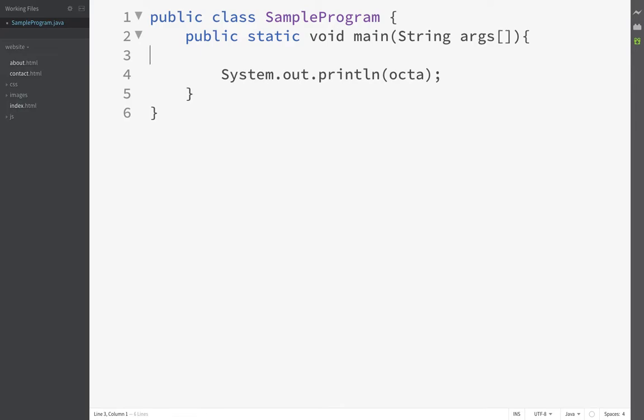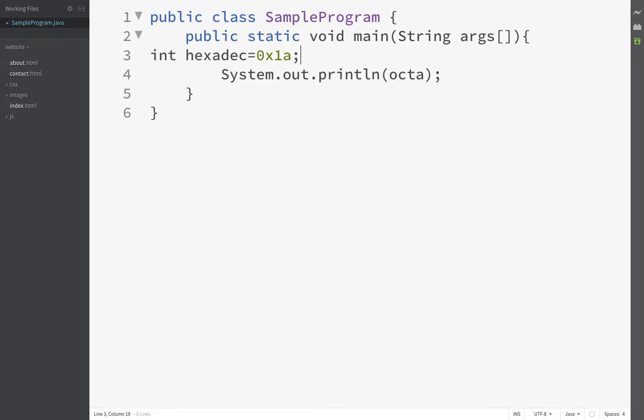Next one, hexadecimal values. int hexadec equal to 0x1A.